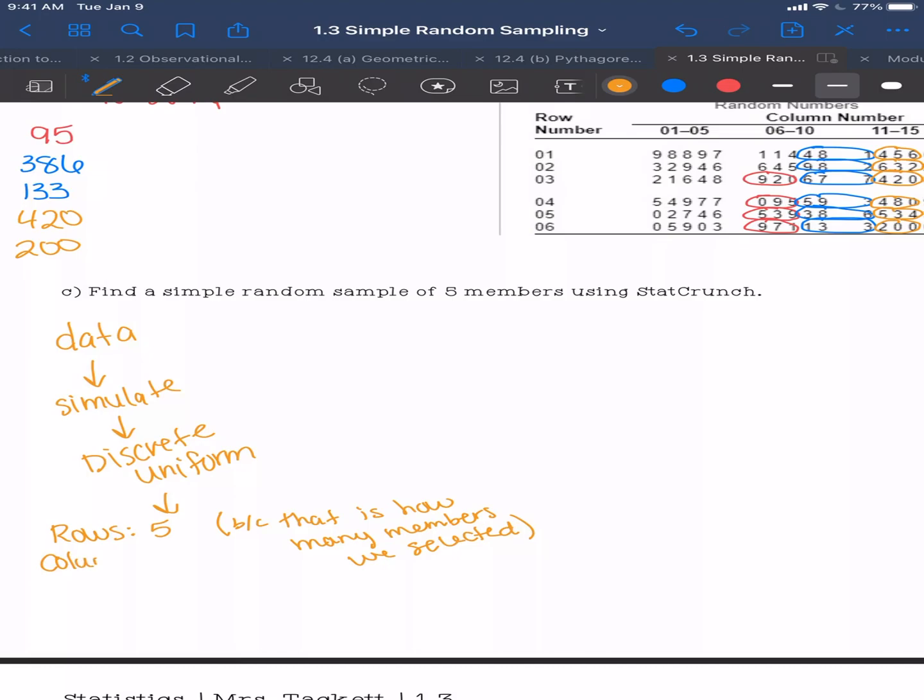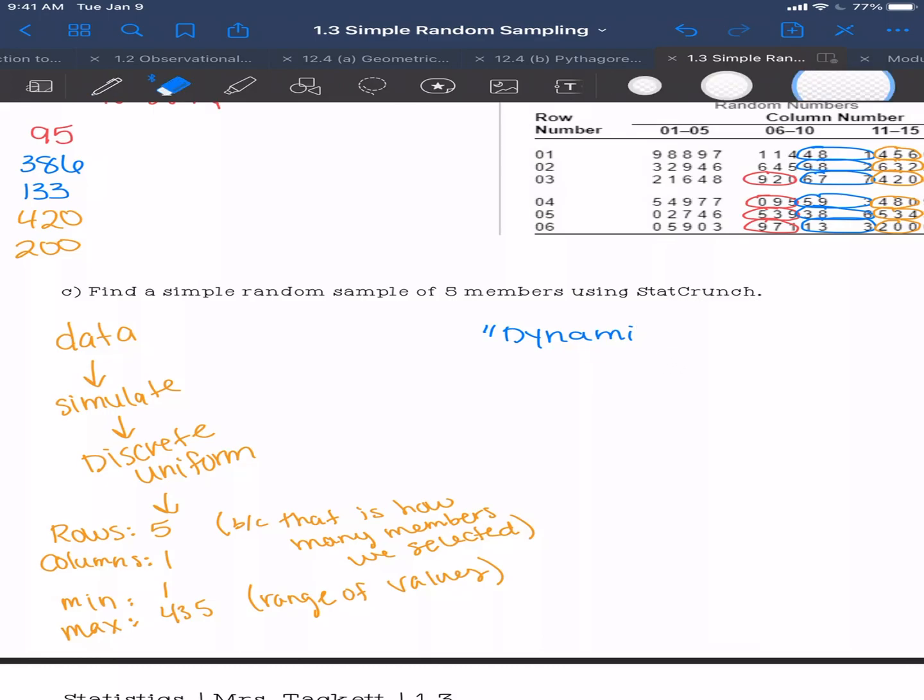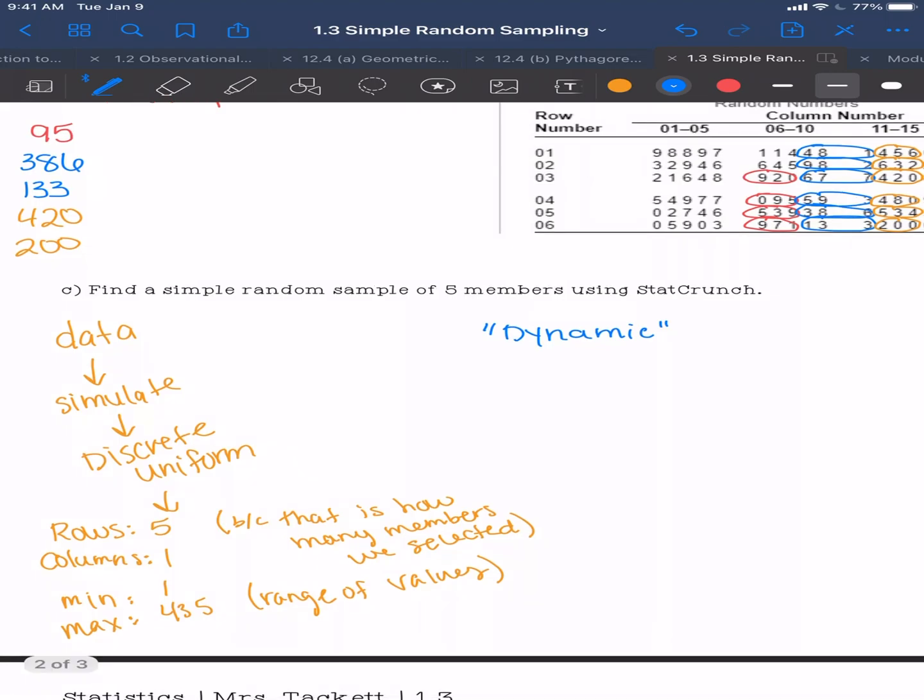For columns, we just did 1. And our min and our max was our range of values to choose from. Okay, so when you choose a dynamic seed,